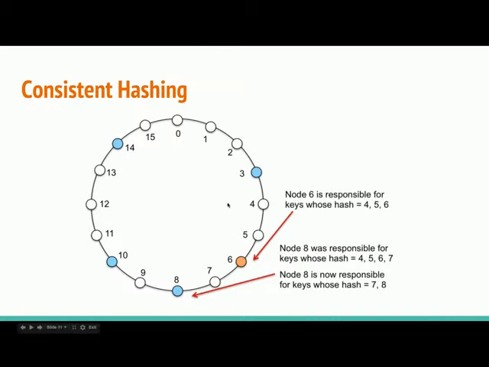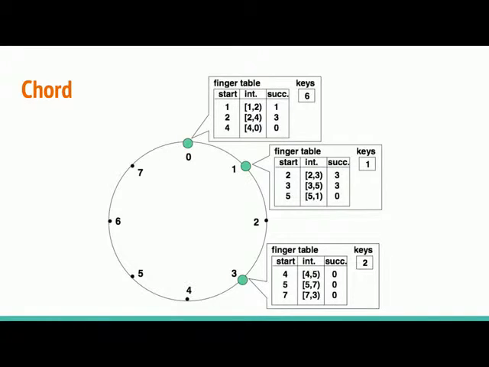Because you have to ask in the order of all the server numbers. In this case, it's order of 5, right? So people come up with the Chord protocol. Chord protocol is a protocol that's built on, as you can see, a consistent hashing ring,